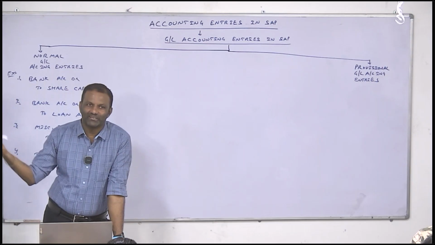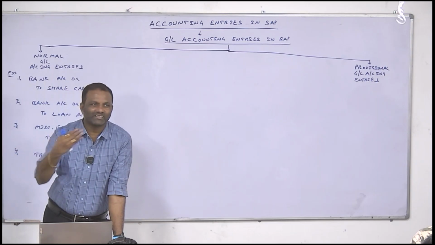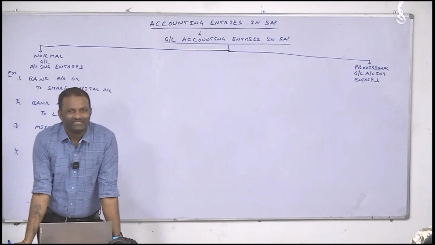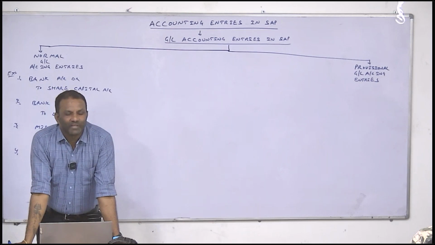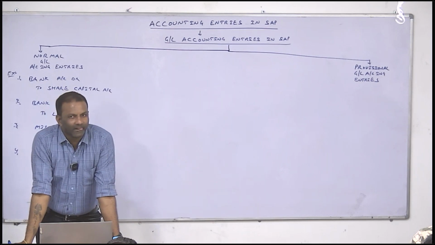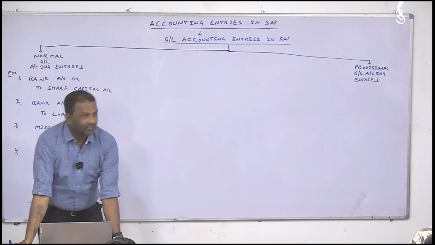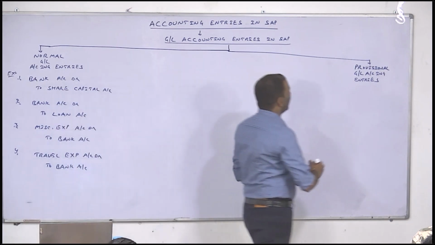Hope you got my point. During Corona, we had zero knowledge, minus knowledge. Hope you got my point. Anyways, tell me. Any other examples for provisions? These provisions have an advantage.